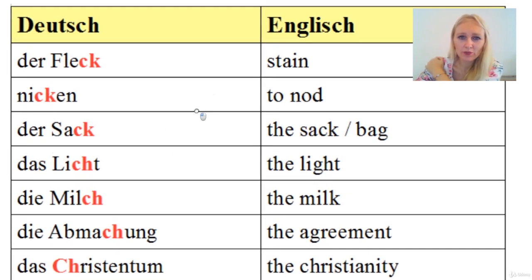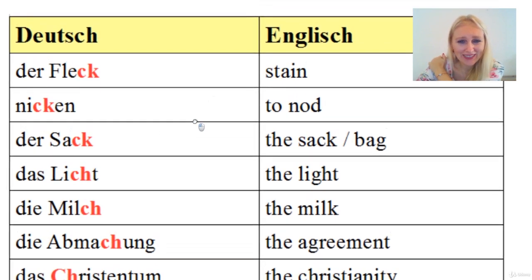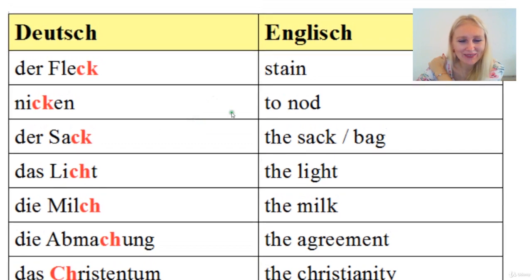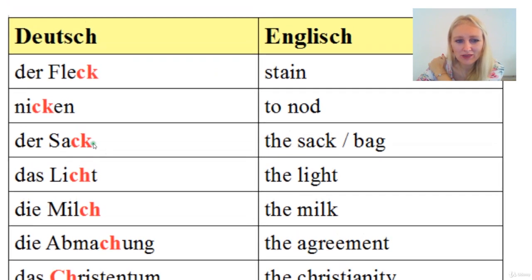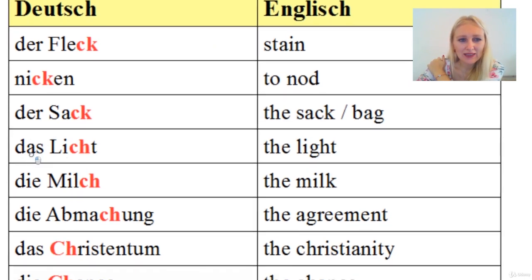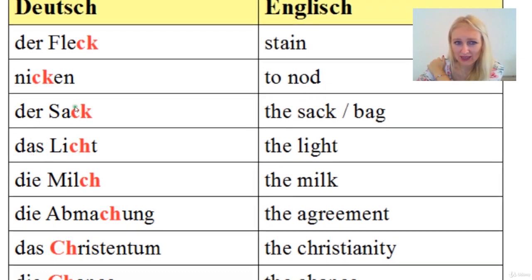Okay, please also learn all the vocabulary that you're seeing here in the charts. In order to speak a language, you need the tools for that also, and those are the words, right? Because without words, you cannot speak. So use the opportunity here and learn all the vocabulary that you see, because this is all A1 vocabulary that you need for the A1 level. Okay, so der Sack. It's just a normal K, der Sack.